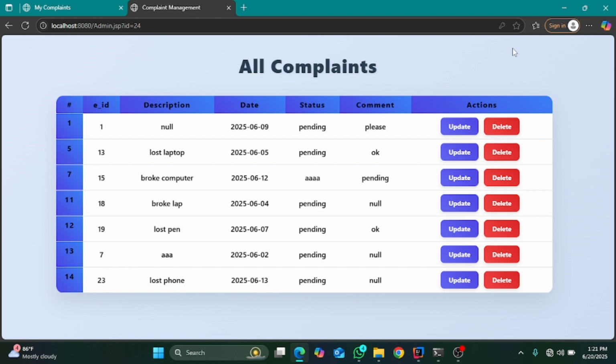The admin can update a complaint by adding a comment to the complaint submitted by the users. They can also delete it.